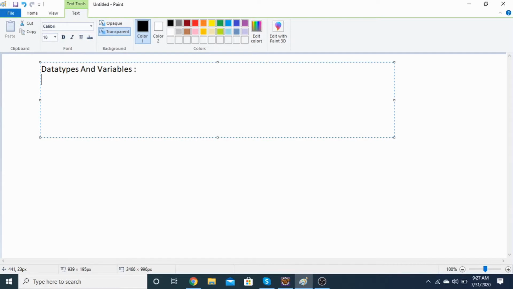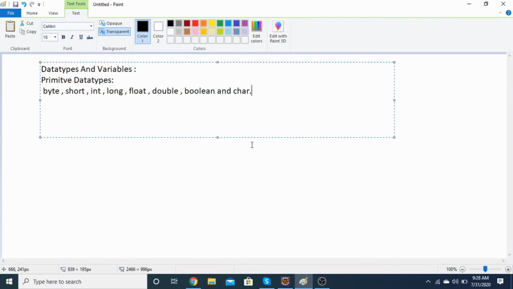So when I say data types in Java, how many of them are there? Basically, data types in Java can be classified into two portions: primitive data types and non-primitive data types. So what do we mean by primitive data types? The difference between primitive and non-primitive we will understand a little bit later, not right now. In this session, we will be dealing only with the primitive data types. We will not be dealing with the non-primitive data types.